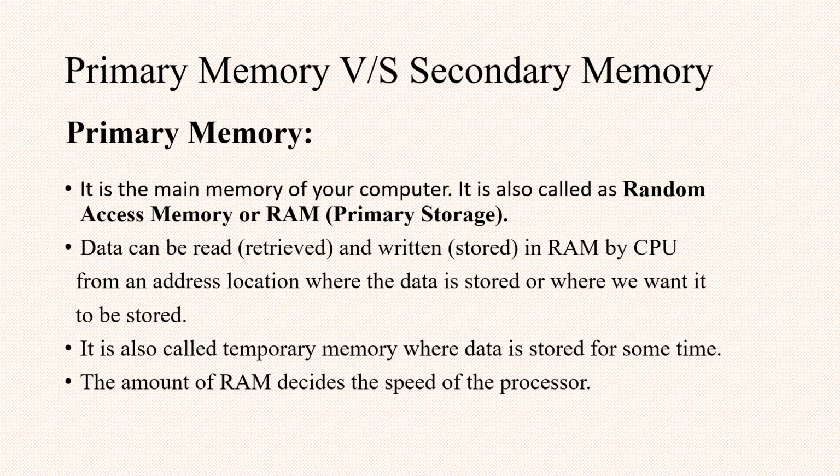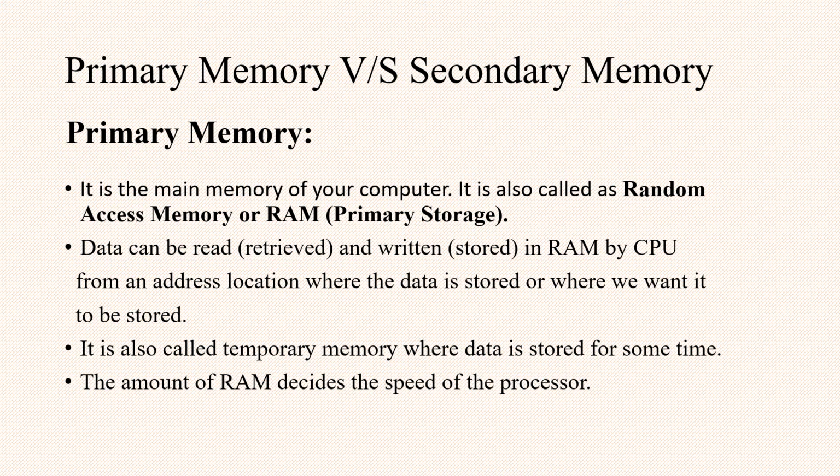So what is basically data or information? Whatever we are giving to the computer through any of the input devices, like your keyboard when we type something, or using your mouse you give some instructions by clicking, or any other methods by which you are giving input, or we can say data or information, that is going to get stored in your computer. Okay, so that is called the memory.